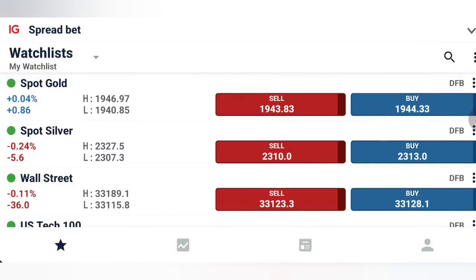Gold and silver both traded in the no trade zone as we discussed in yesterday's analysis. Precisely, the 1940-50 zone was the no trade zone and it stayed within the same range. At the same time, silver too has stayed in the range, though traded with a slight bearish bias, however in a very much range bound fashion. So, what to expect today, which position you should take, and at what levels, we will see with the help